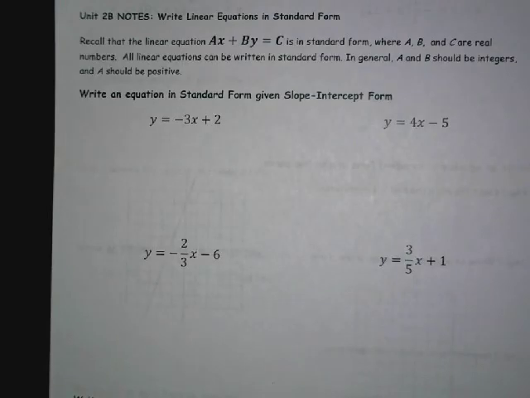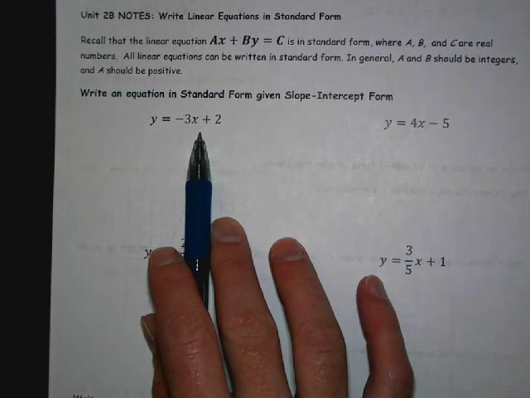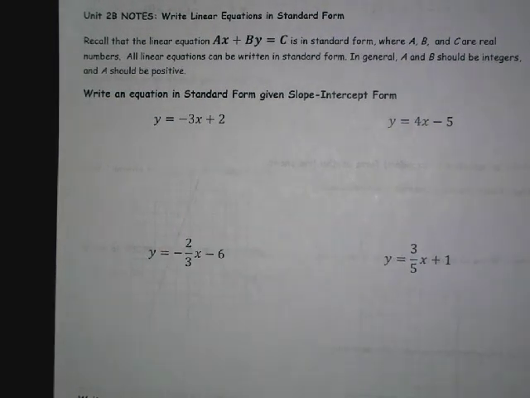So standard form, probably the least fun form, takes the most work because we cannot graph from standard form. We have to convert it into slope-intercept form in order to graph. Okay, so first we're going to look at going from slope-intercept to standard form, which is probably the easiest to